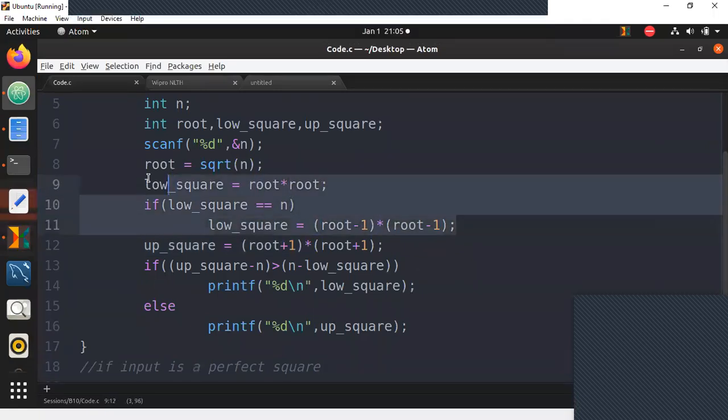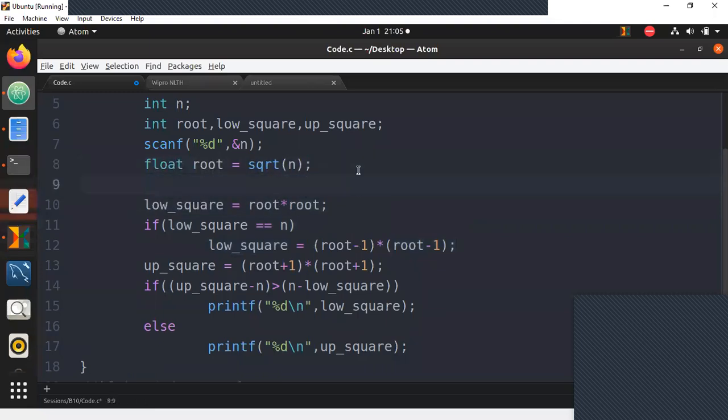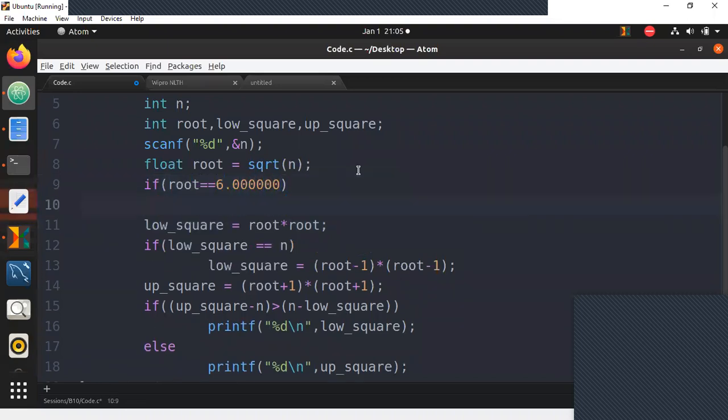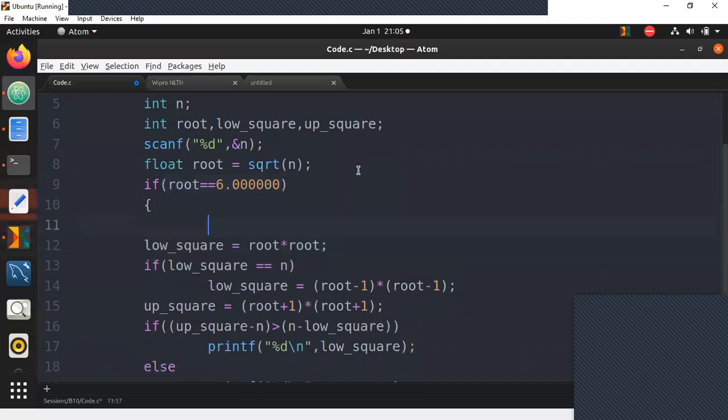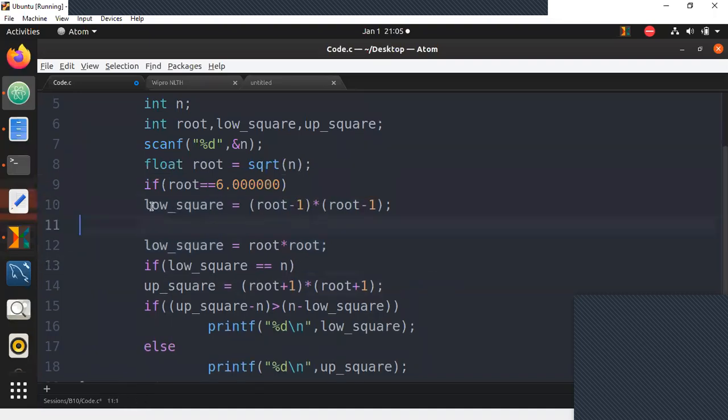Can I just check here by storing it in float and writing the condition as, if root is equal to 6.000000, then low square I'll calculate as root minus 1 into root minus 1.